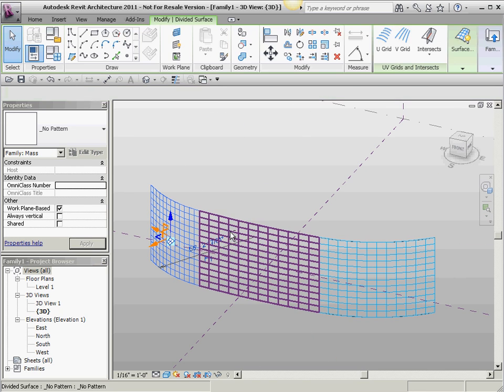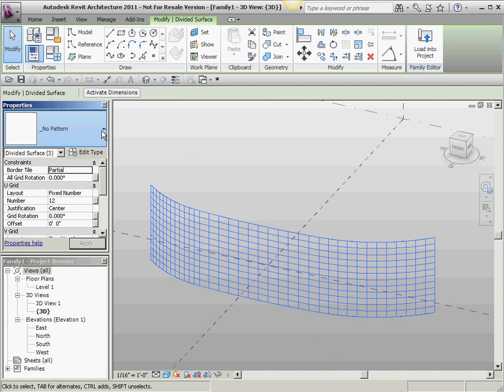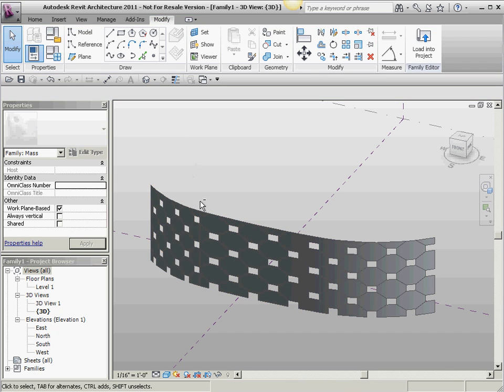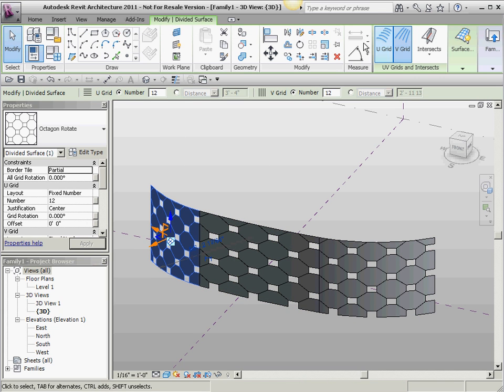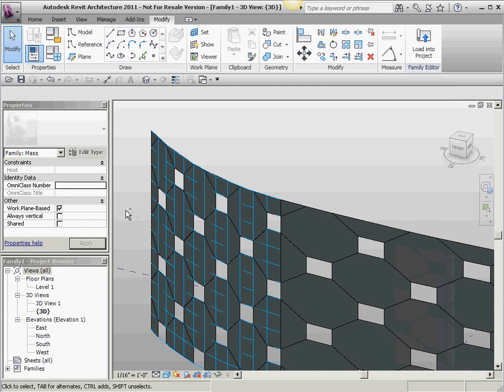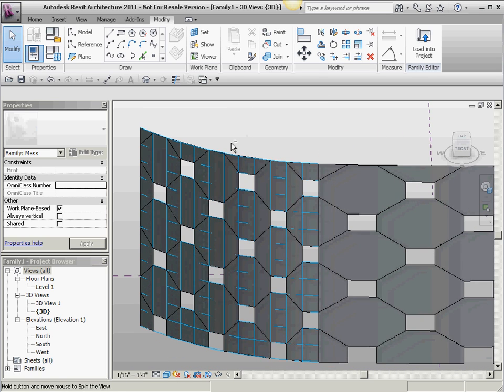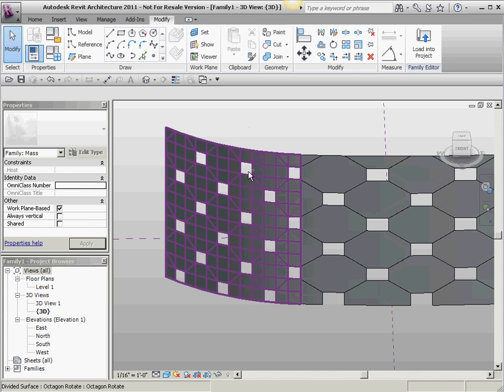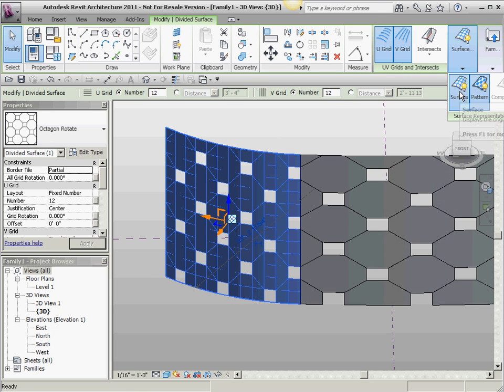But anyway, I'm going to go ahead and pattern these and just sort of show you a couple of the issues that come up and some of the solutions for it. I'm going to do a really big pattern, so the octagon is breaking up the surface into a lot of individual pieces. So if you turn on the grid lines, or the surface grid lines, you can see that each one of them is made up of 3 cells of the underlying grid to make that one octagon. So if I turn that back off,